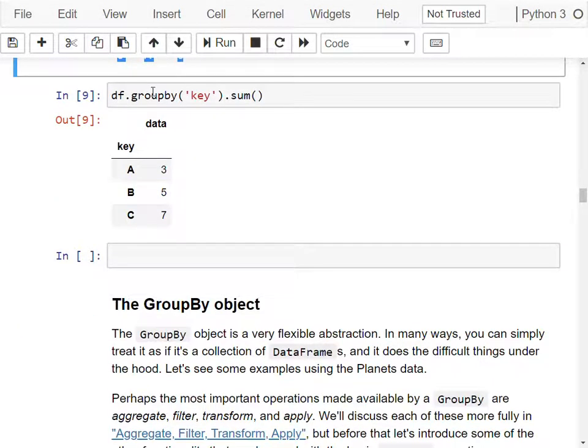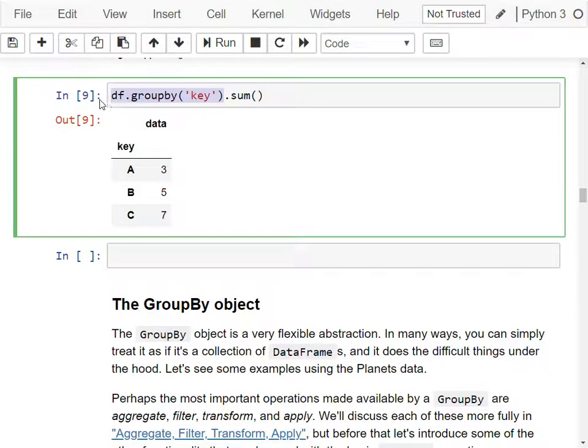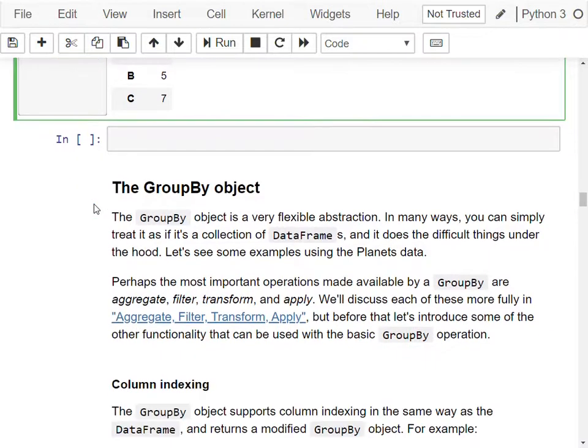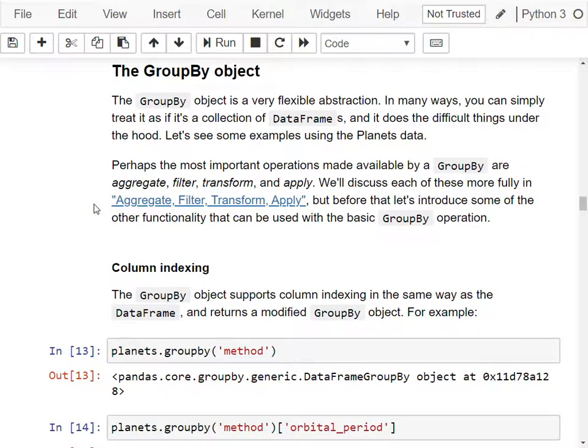Many times we do grouping because we want to do aggregation. Once we do the group by, we can apply the aggregate function. So if I do groupby key dot sum, I'm going to get this as a result. And here the sum function has been applied to each one of these groups, and the results were combined together, and I get here the final result. Let's take a look at